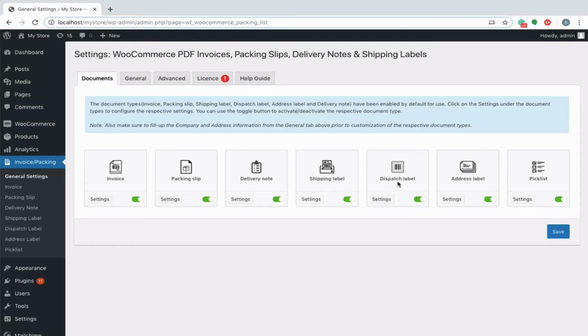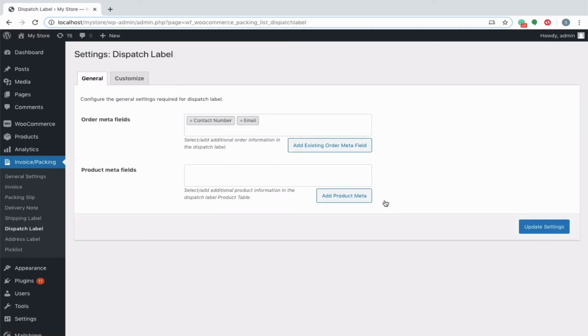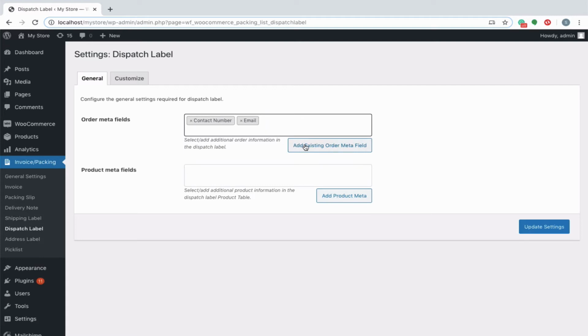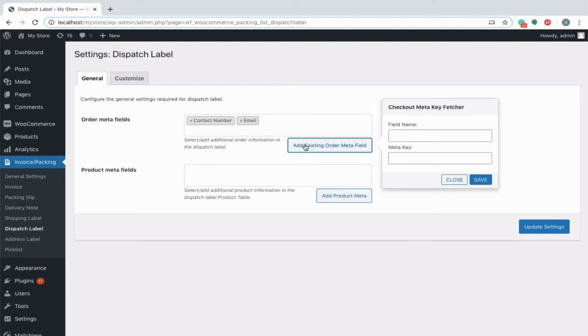Let's walk through the dispatch label settings window in detail. The General tab under Dispatch Label provisions the following. The Order Meta fields allows you to add additional order meta fields in the dispatch labels. You can select any default order meta values from the drop-down, or click the Add Existing Order Meta Field button